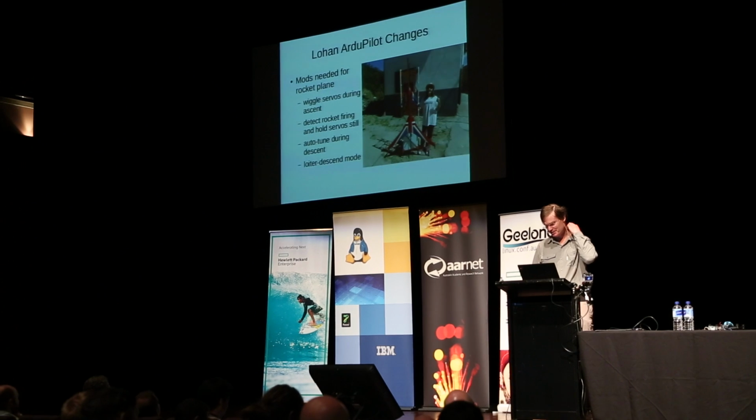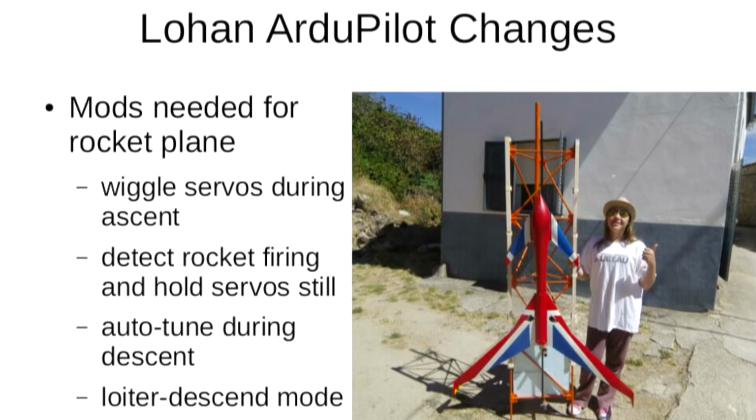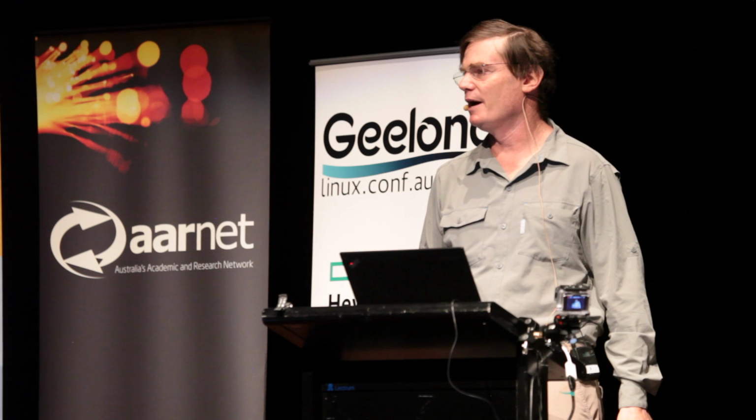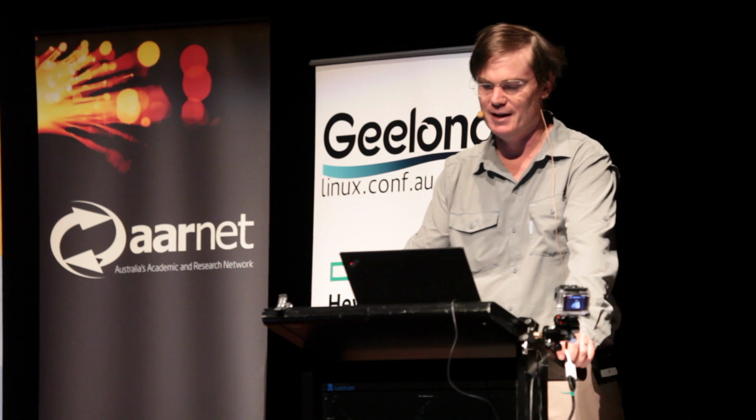So there are some challenges to this as far as the autopilot's concerned, but I'm always up for a crazy challenge in autopilot development. The easy bits are wiggling the servos during the ascent. We've added a special wiggle servos mode while waiting for the ascent. Then it's got a very simple bit of code that looks at the accelerometer to detect the rocket acceleration, and as soon as it sees that massive acceleration, it locks the servos in place and holds them still, while it prays that the 3D printed plane can actually handle that degree of acceleration.